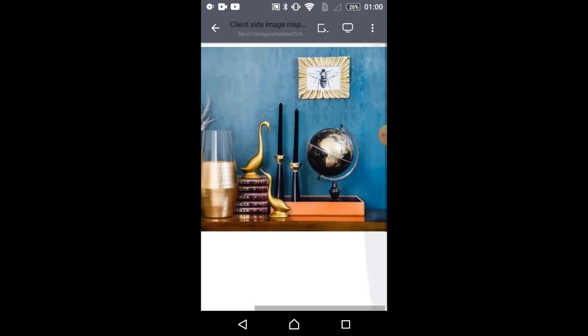As you can see, our image is appearing here. To see whether we have linked or given the region properly or not, as I have done only the shape of rectangle, which I have selected the region as the frame, I'm long pressing on the frame.